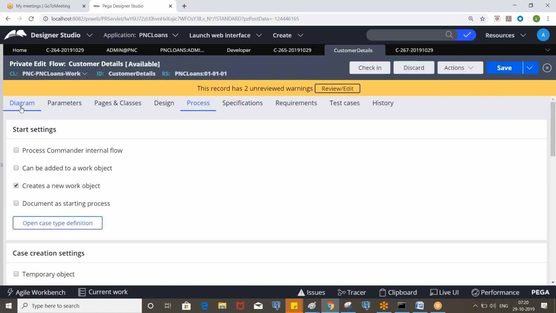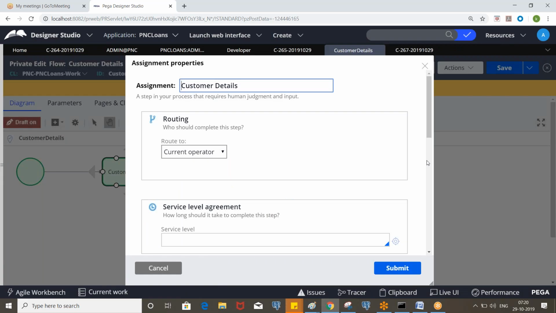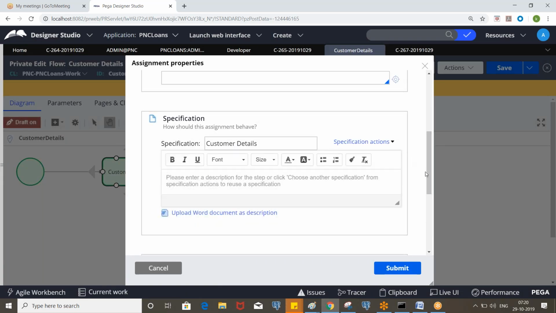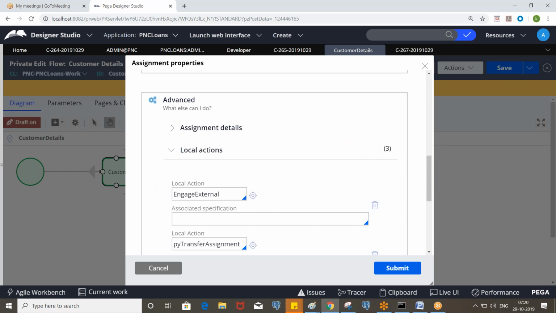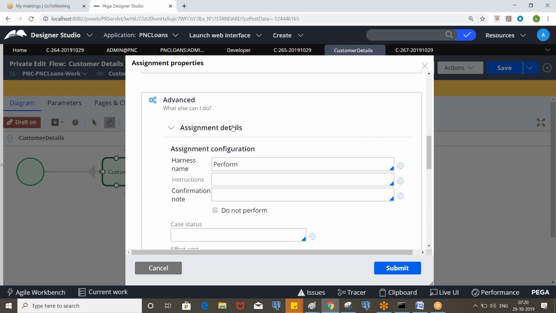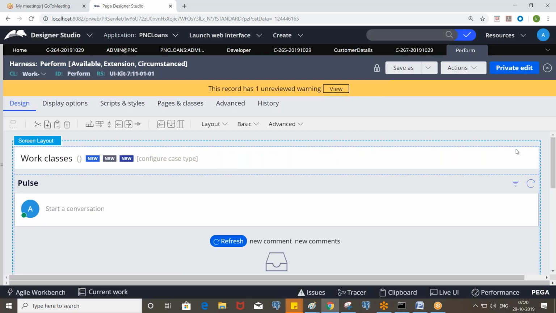Okay, every assignment shape. So go to the flow and click on assignment, and you see here. Under the assignment details, we have a perform harness, and you can open it from here, and this is an out of the box rule.